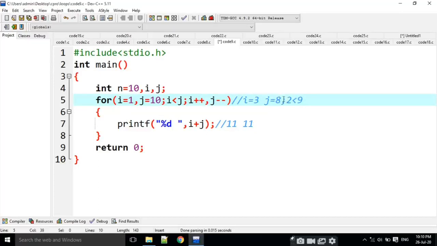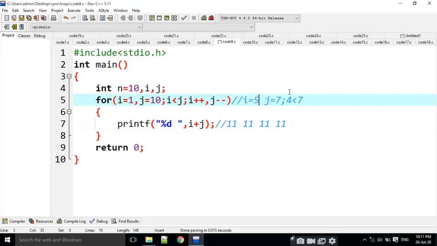j is decremented. Again 3 is less than 8. It is also true. Then again it is going to print 11. i is 4, j is 7, 4 less than 7. Yes, it is also true. Then it is going to print 4 plus 7, that is going to be 11.